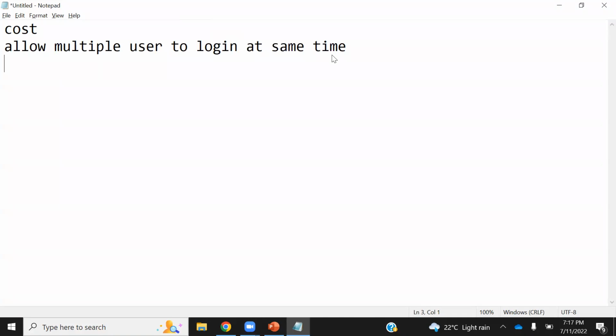One user will log in, then log out, then the other person will log in. Only one user can log in at a time. But Unix or Linux allows multiple users to log in at the same time. Third, it is secure. Due to the architecture of Linux or Unix, it is more secure than Windows and Mac. You can argue on that, saying Mac is better or Windows is better.